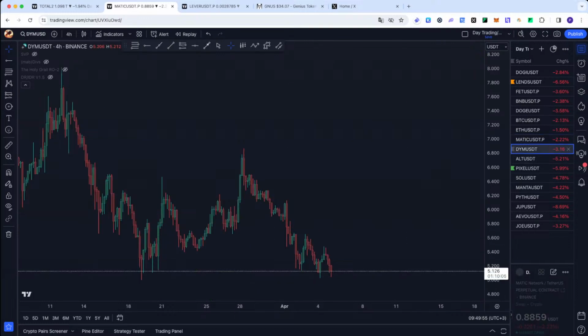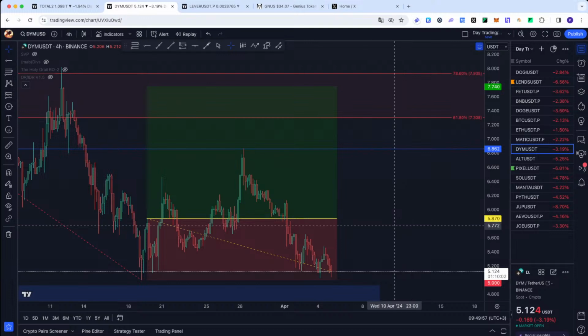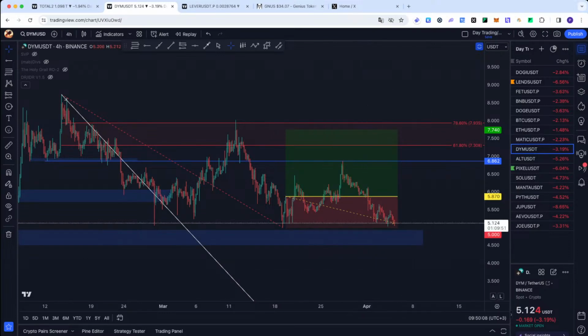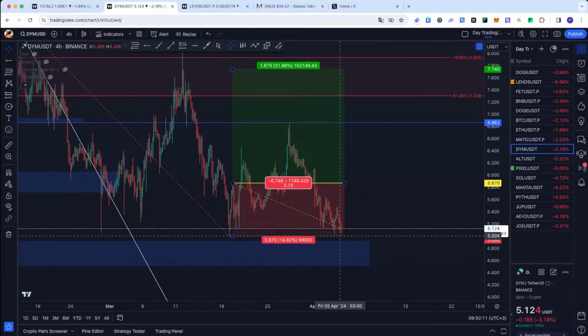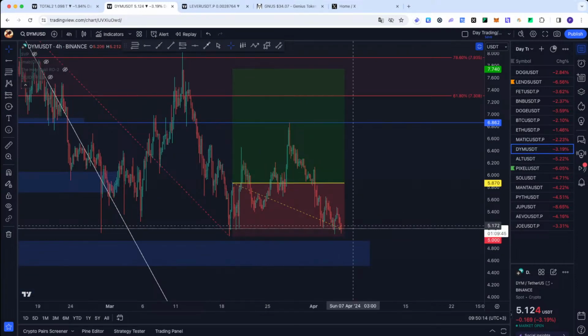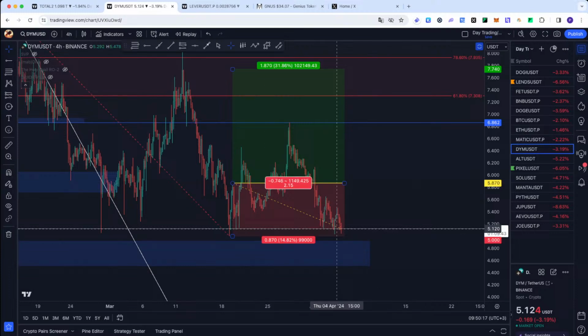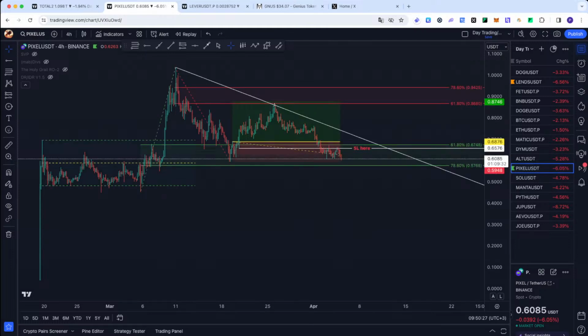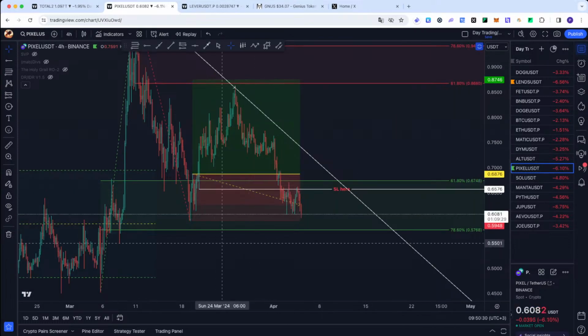Dimension. Looks ugly. I said multiple times that this blue area will be retested or tested. Let's see. We are not stopped out yet, but you can see we don't have too many hopes here that it will reject. It is retesting this level too aggressively. No new setup. Alt. Well, no setup. You can see the first house level we talked about yesterday. This one, stopped out. The other side of the trend line is, if we accept below this level, we'll validate the trend line and then we'll have to wait for the other side.